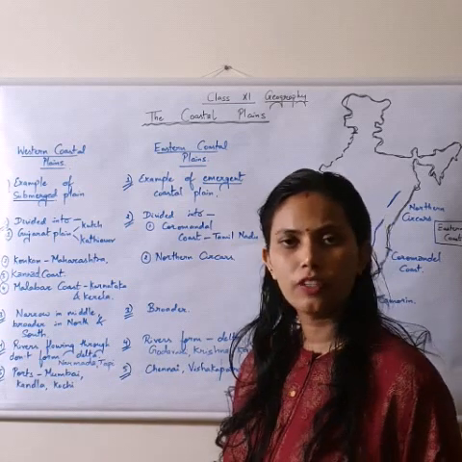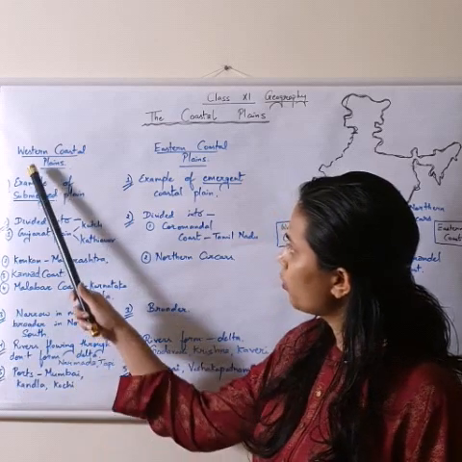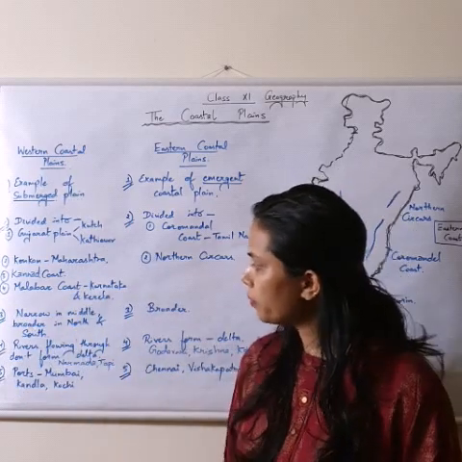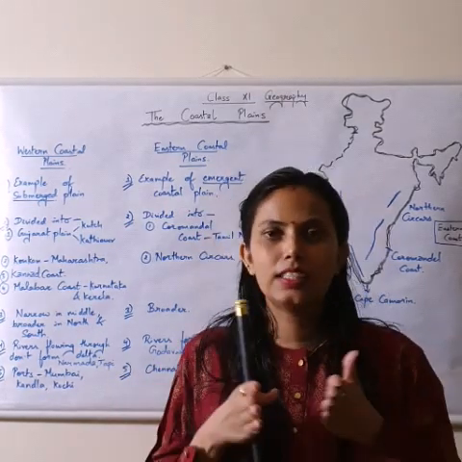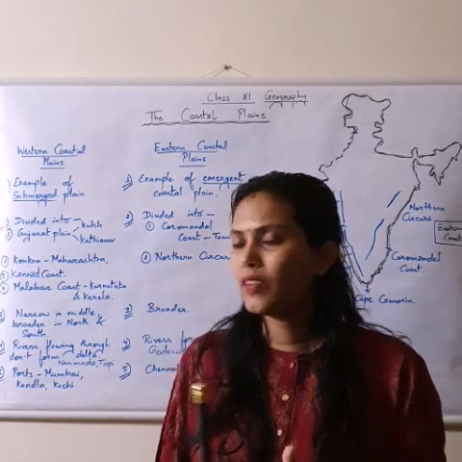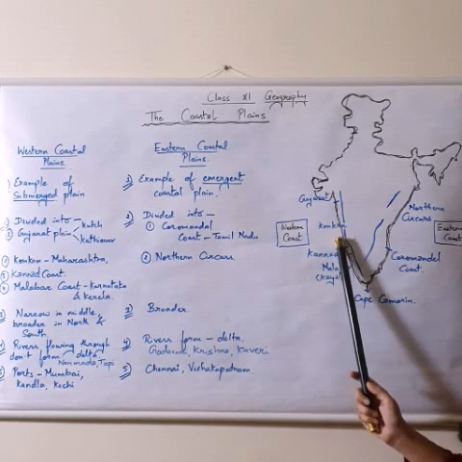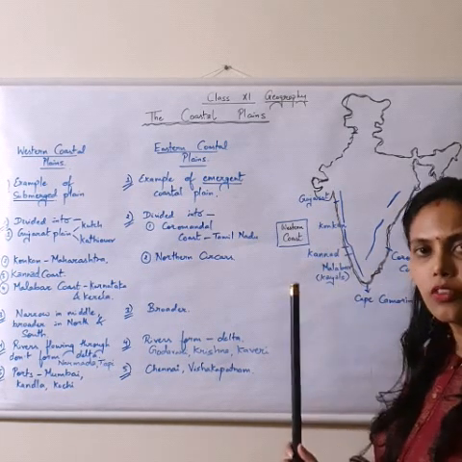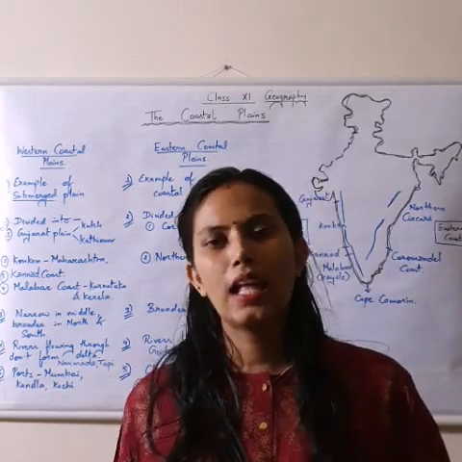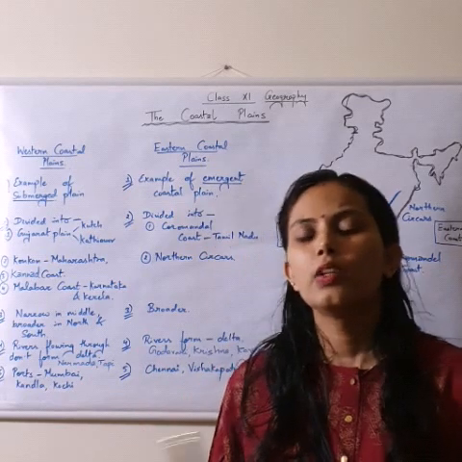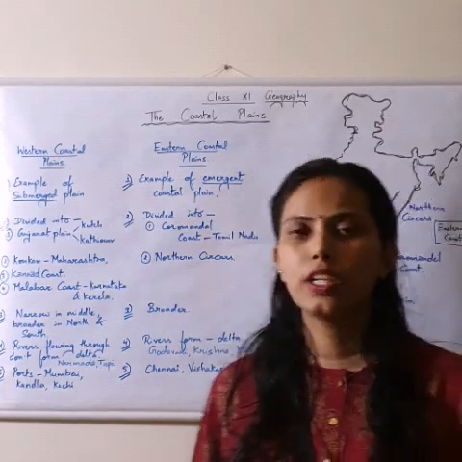The next point of difference between the western coastal plain of India and the eastern coastal plain is that the western coastal plain is narrow in the middle and broad in the north and south. Narrow means it is narrower, occupying less space. Somewhere in the middle, look here. Middle means here. Around Konkan and Kannada, that side of the western coastal plain is narrower as compared to the Gujarat coastal plain and the Malabar coastal plain. So on the whole, the western coastal plain is narrower as compared to the eastern coastal plain, which is broader.